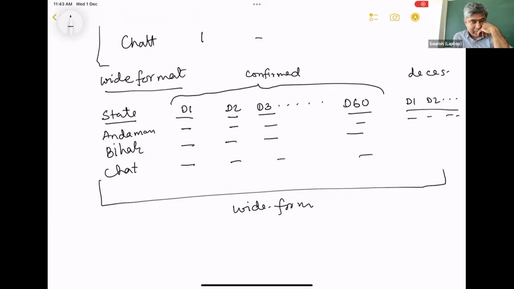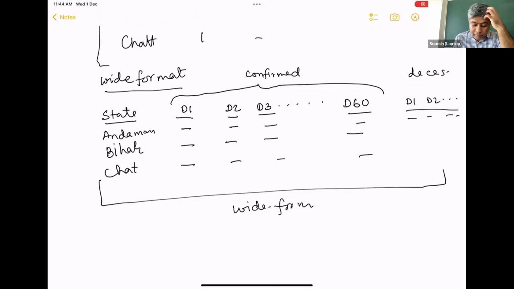Not only empty, there is another problem. In this particular data, you see every day when a new day's data comes, you are essentially going to C bind. Like you're going to append column-wise by state ID, right? So the number of columns is increasing, and that, from a modeling perspective, is a bit difficult.